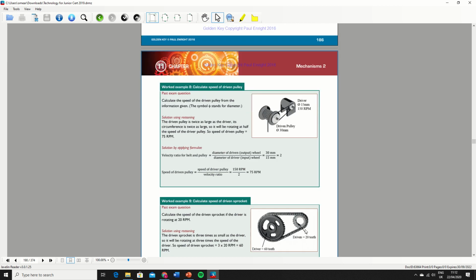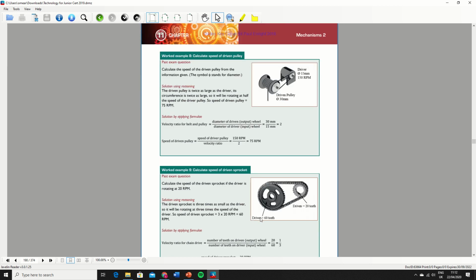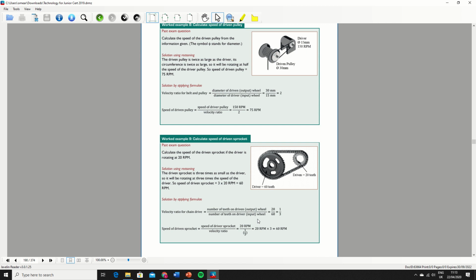So our driven here is 20 teeth over our driver, which is 60. So 20 over 60, because our formula is always driven over driver. So that means 20 over 60, which gives us 0.33 or whatever, or also 1/3. So now that we know that's our velocity ratio, we can calculate the output speed. How do you calculate the output speed, or the speed of the driven wheel? It's always the speed of the driver wheel over our velocity ratio. We are already given in the question that the speed of our driver wheel is 20 revolutions per minute. So if we put 20 over 1/3,